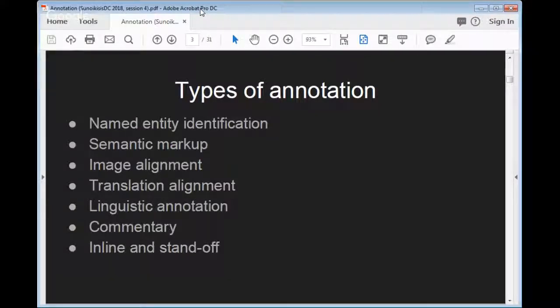And the main difference between the two, well, the most obvious difference, is that inline commentary is much easier to use at that point. If I have a piece of text with an inline annotation in it, it's much easier for me to use that annotation if I have access to that text, because the markup is right there inside it. However, if I don't have control over that text, if I don't own that text, if I want to annotate text which is in the Perseids Digital Library, not only do I not have that control over that text, but I shouldn't have control over that text, because a lot of the things that I want to say about that text are not the things that the readers of the Perseids Digital Library ever want to see inserted into that text.